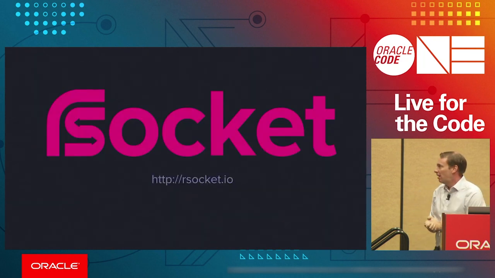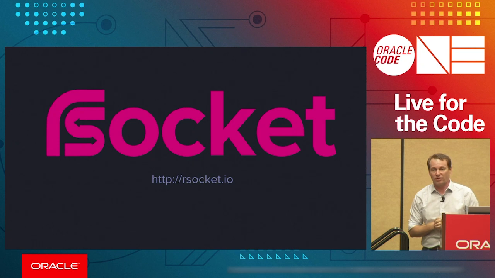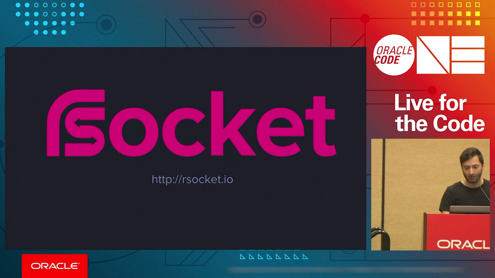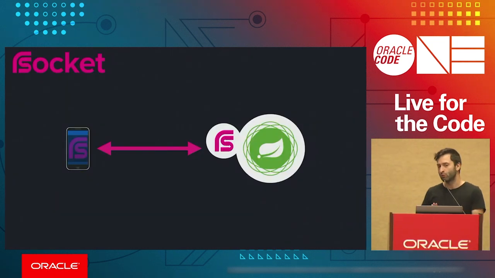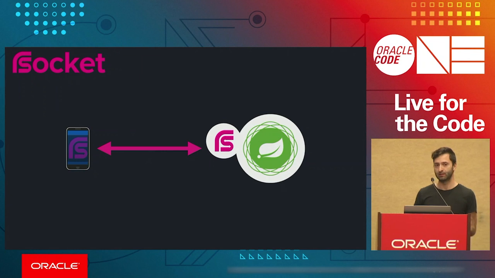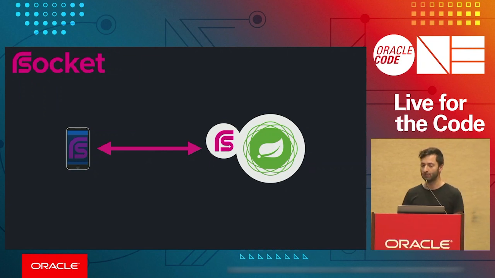So we're here to talk today about RSocket. RSocket is a network protocol that aims to bring reactive programming constructs to the network. So with RSocket, we really place ourselves at the same level as HTTP. So when we talk about a protocol, it's really a layer 7 protocol here. And I'm going to go into more details about it.